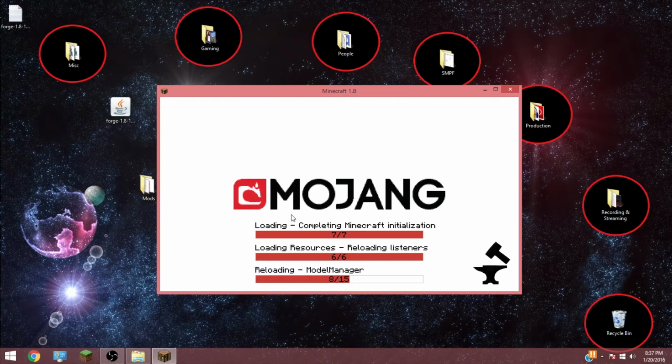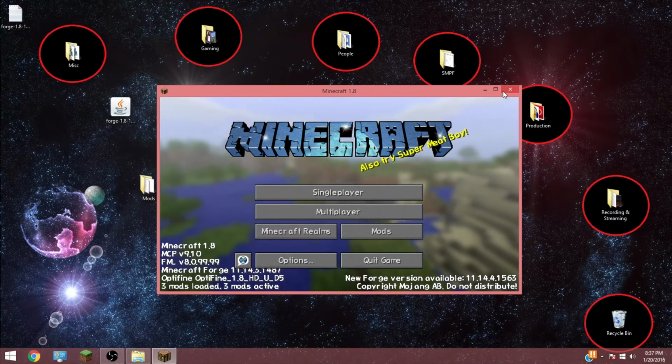So we'll let Forge load. It shouldn't be long. If it's too long, we'll cut. Watch, it's going to go. Last time it did. All right, there it goes. And so we're going to...